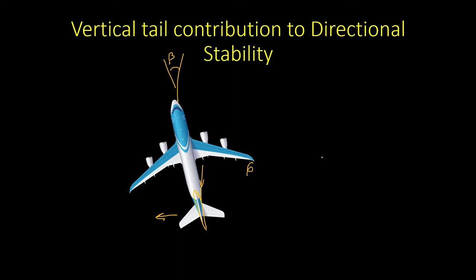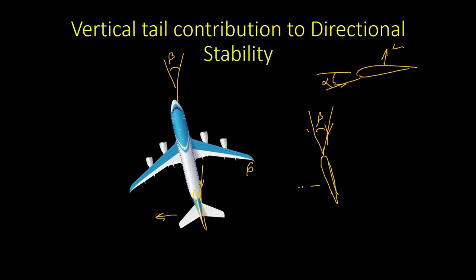We can also consider this airfoil. Now this is the vertical tail, and the vertical tail is generally of an airfoil shape. It is generally a symmetrical airfoil. So if we have a side slip beta, you can consider this as an airfoil with some positive angle of attack. This is a similar case, just the planes are different. In case a symmetrical airfoil is having a positive angle of attack, it will produce a positive lift. Similarly, if the vertical tail is having some positive side slip, it will produce a side force in this direction.